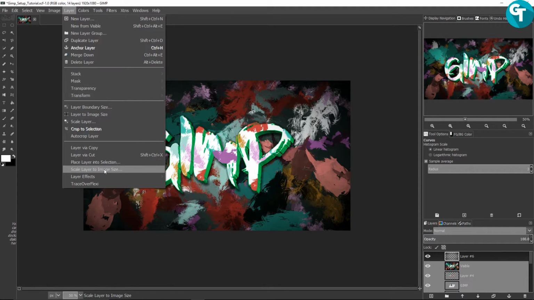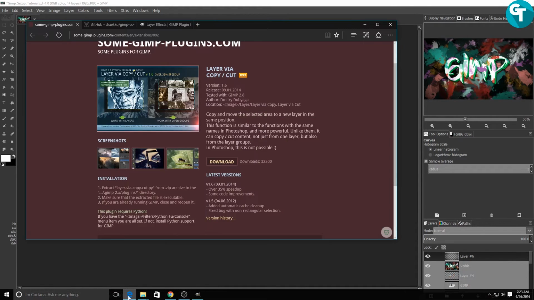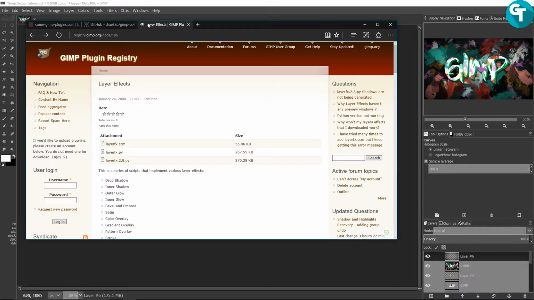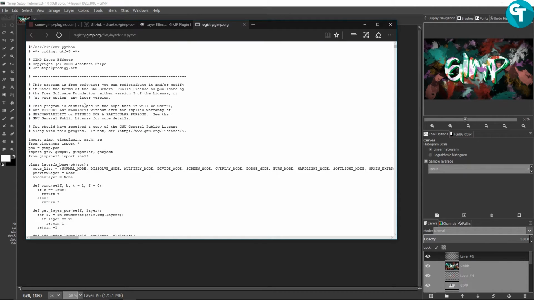Another one that I have here is layer effects. The layer effects is, you will go ahead and go to this website here. I'll leave the link to all these stuff here, and you could download the script if you'd like. The layer effects Python, I download the layer effects 2.8 Python. And if you middle click on your mouse, open in a new page, what you'll want to do is go ahead and right click on this,